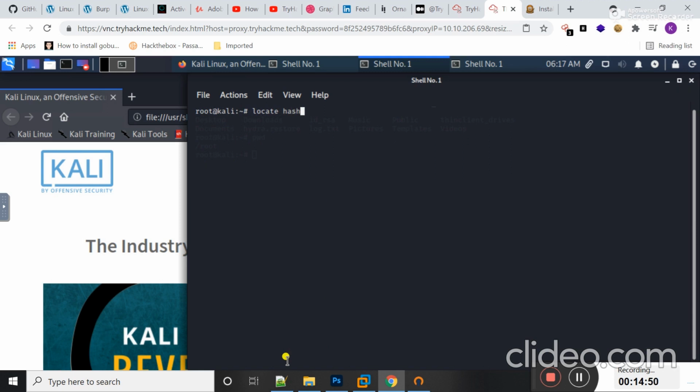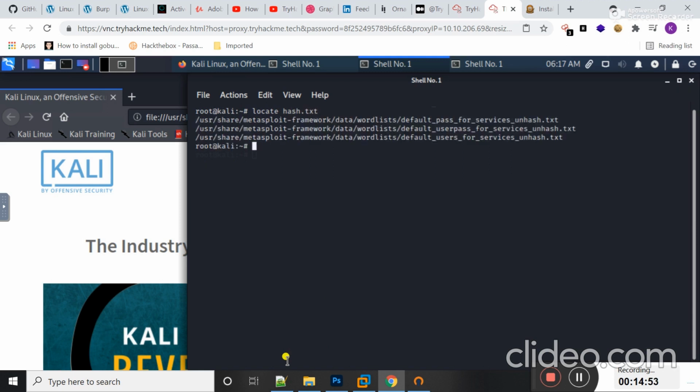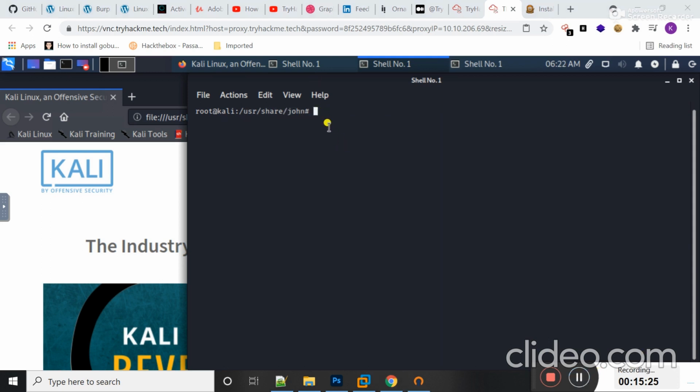Locate hash.txt. Okay, if I typed here /usr/sbin/john --wordlist=/usr/share/wordlists/ and hash.txt. Okay, if I typed here ls -la,